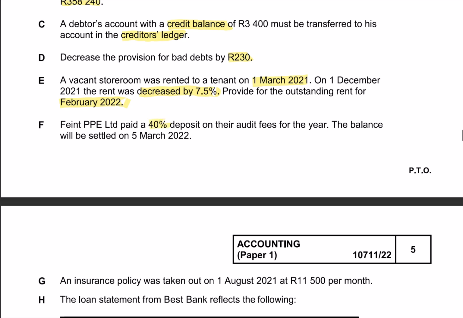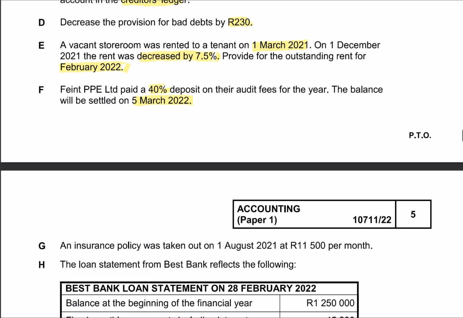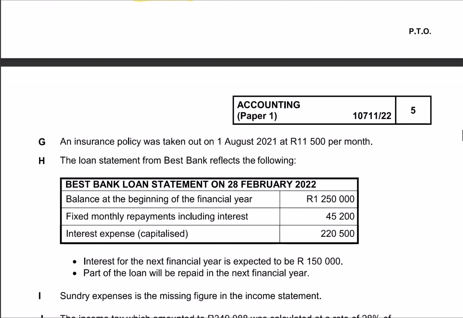Right, the balance will be settled on 5 March 2022. That's after the year end, so you need to provide for the accrual. Then an insurance policy was taken on 1 August 2021 at 11,500 per month. Right, so we'll need to calculate the insurance policy that was taken on 1 August at 11,500